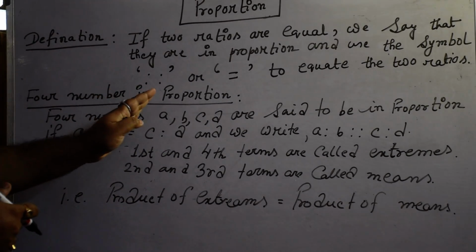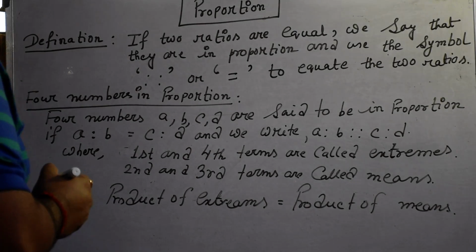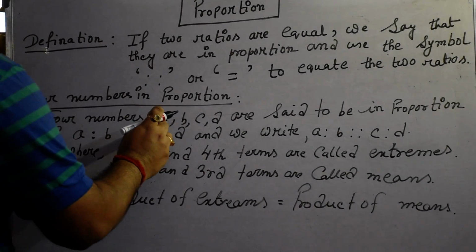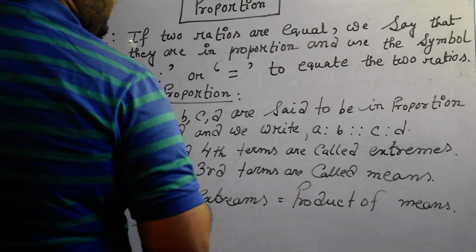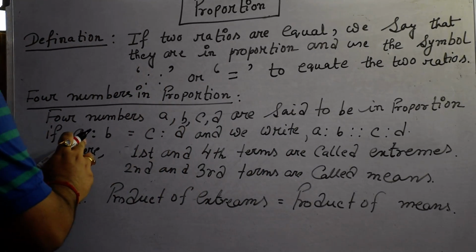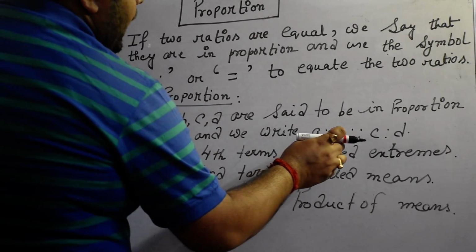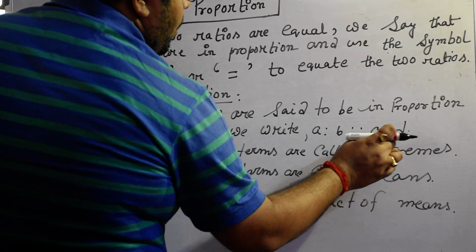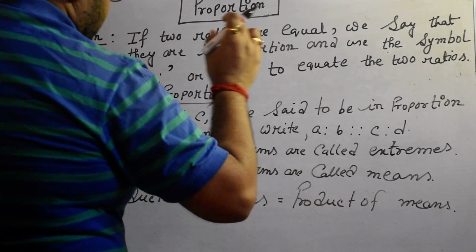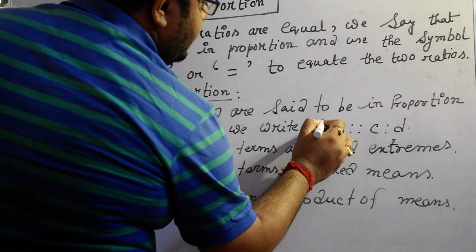Now, four numbers in proportion. Four numbers A, B, C, D, where A, B, C, D are the four numbers, are said to be in proportion if A is to B is equal to C is to D, and we write A is to B :: C is to D, or equal to, where the first and fourth terms,